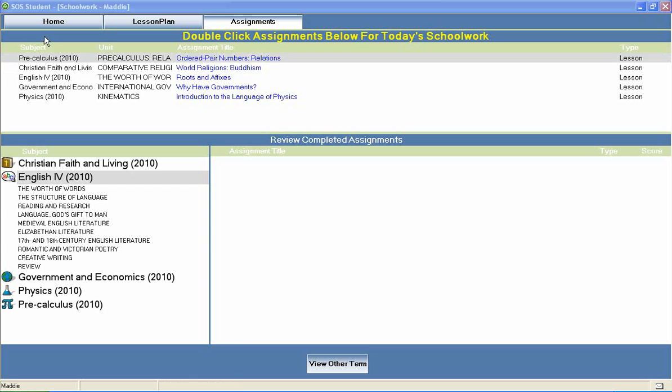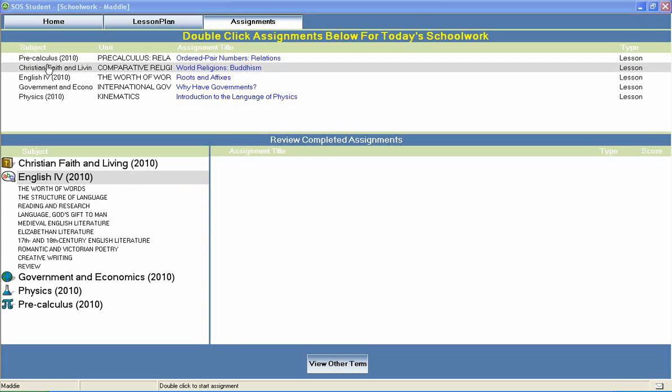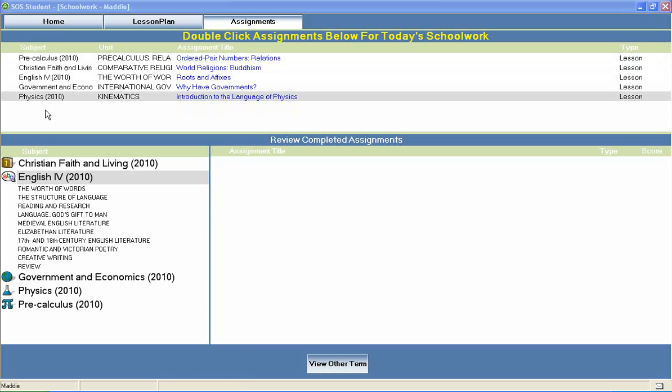Welcome to Switched On Schoolhouse, a CD-ROM-based homeschool curriculum from Alpha Omega Publications. In Switched On Schoolhouse English 4, your students will study units that cover topics from three major language disciplines: grammar,